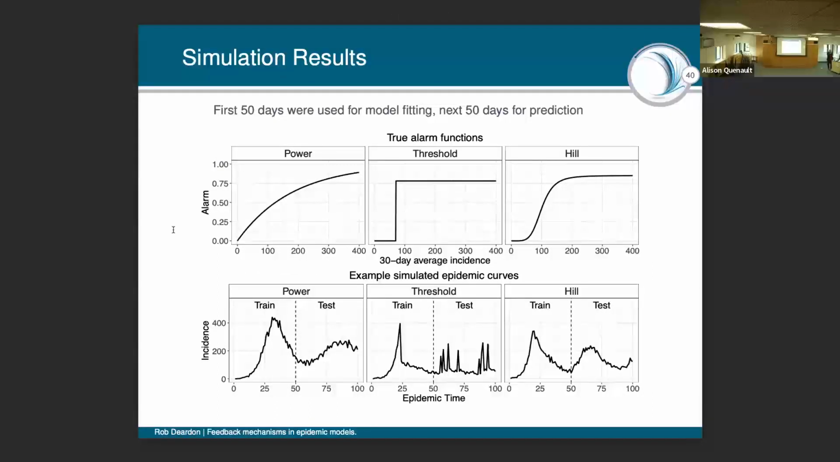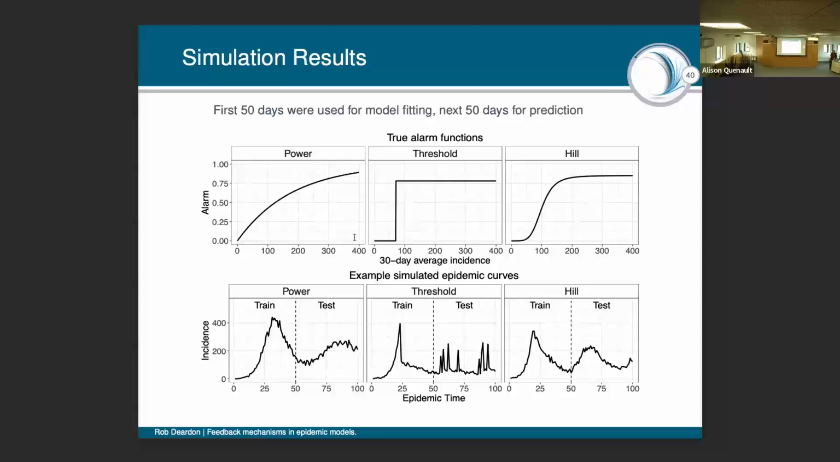Right, but back to the models. So here are 3 alarm functions. The first of these are parametric alarms. The first is that power one that I showed you. Second, the threshold I showed you. And then the third one is like a 3-parameter function called the hill function, which has a bit more flexibility